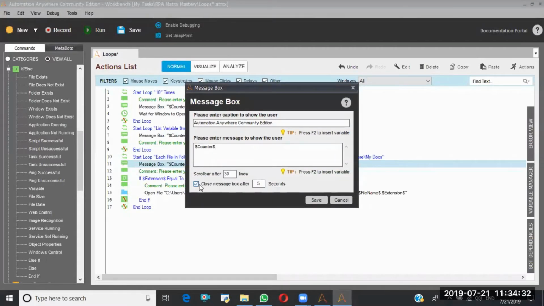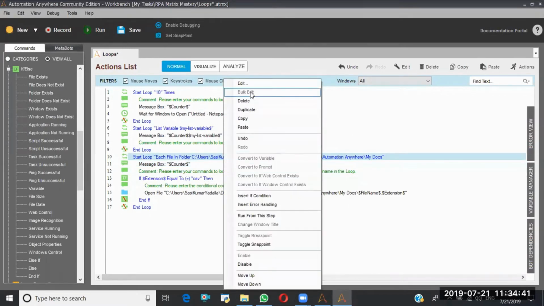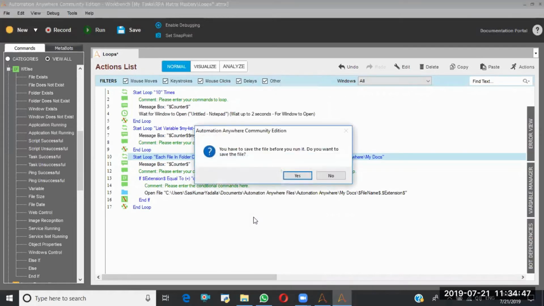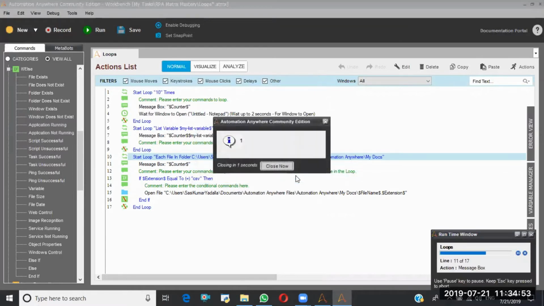Let me put 1 second only. Run from this step. First iteration, second iteration.